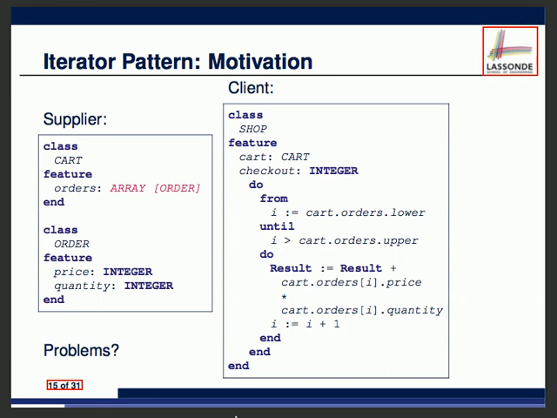Yes, that's all. So we only got 2 supplier classes. Yes. So are you trying to say, what's bad about a supplier? The feature price and quantity. Why? If the name tag is changed, then in the client, the